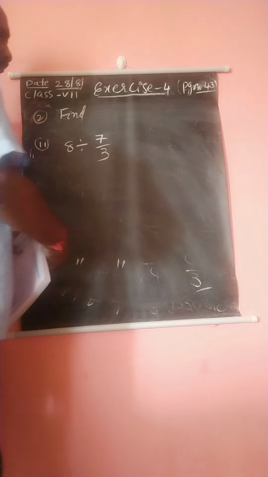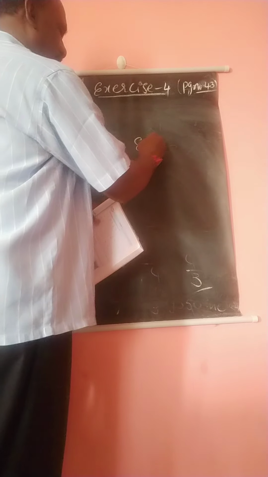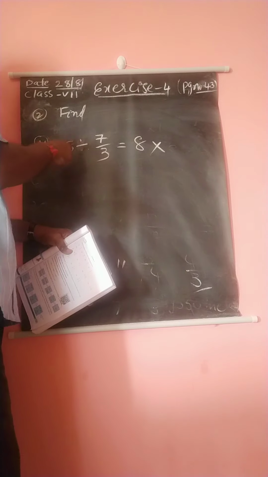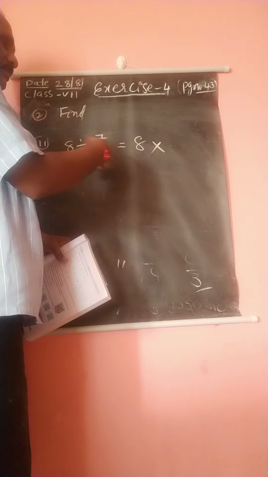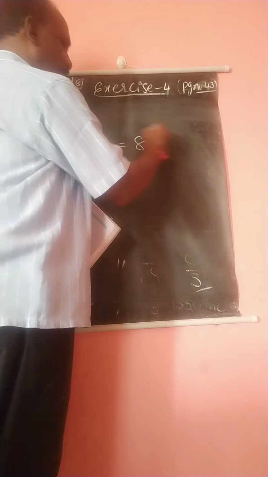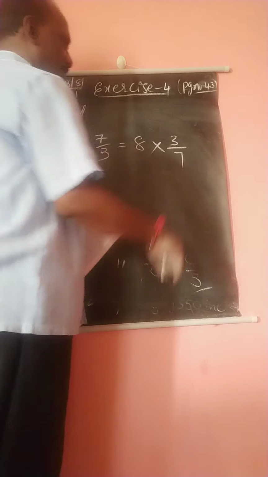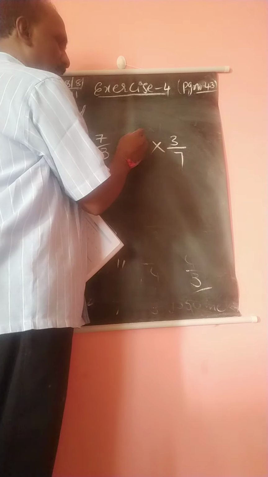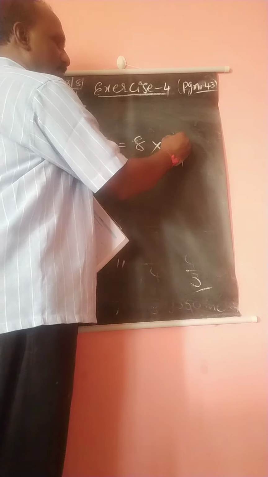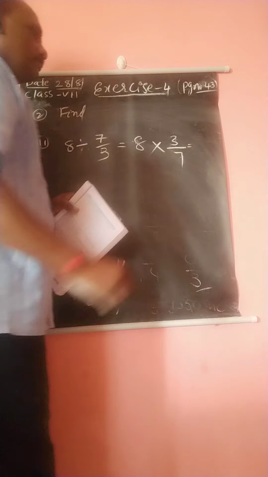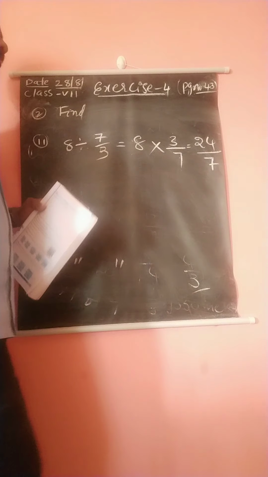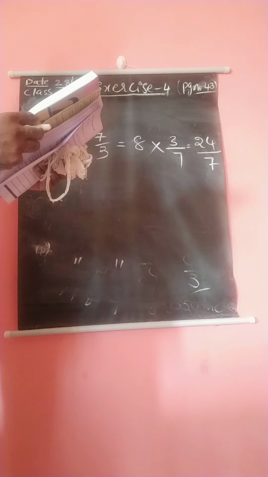Already I told you, 8 divided by means 8, and the divided by can be changed into multiplication. Once we change the division as multiplication, then immediately what is the action going on here? The next fraction should be reciprocal. That means 7 by 3 means 3 by 7. Is there any cancellation? No, there won't be cancellation between 8 and 7 or 3 and 7. Now, what is the multiplication of 8 and 3? 8 into 3 is 24 by 7. Like that. One more, third problem.